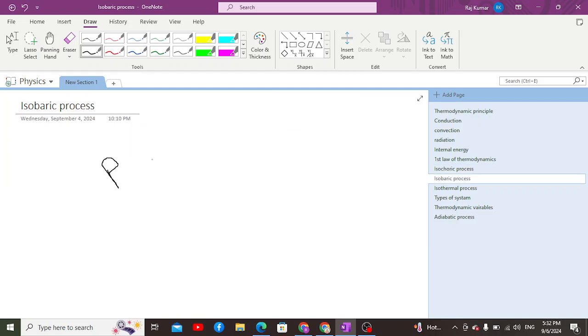On the other side, if we talk about isobaric process, it is a process in which the pressure is kept constant, due to which del P is equal to 0. But again, we do not consider del P in the equation, due to which whenever we are going to write the equation, it will become del Q equals del U plus del W. The equation will remain entirely the same, but the difference is that the work done will be maximum in isobaric condition.